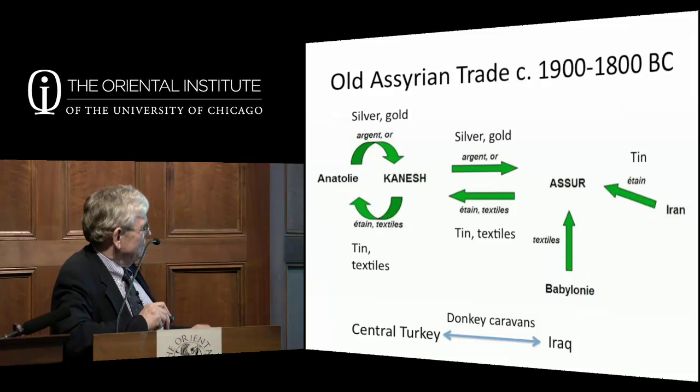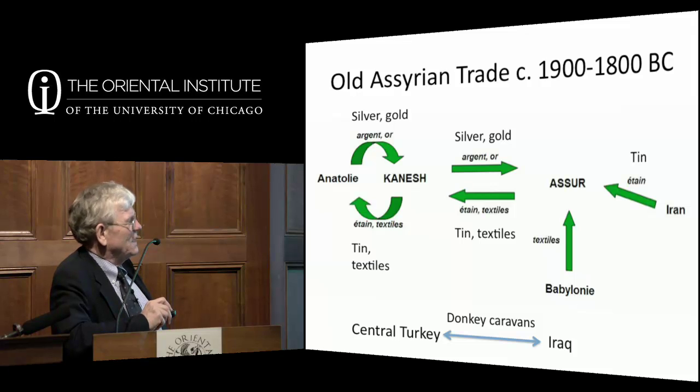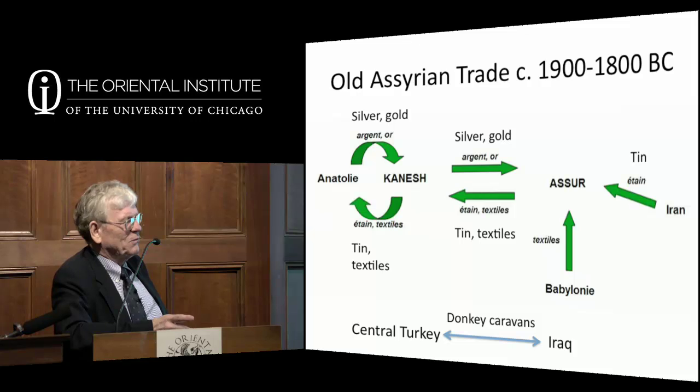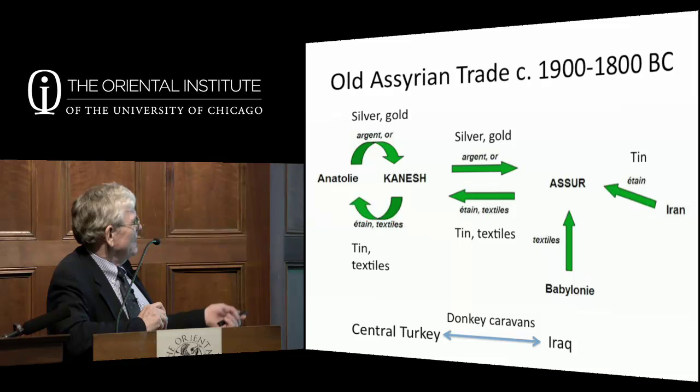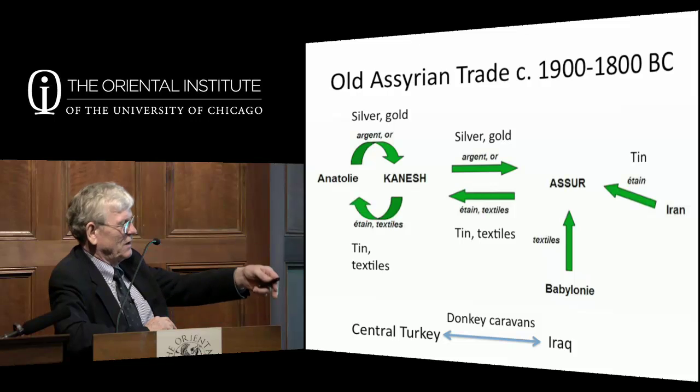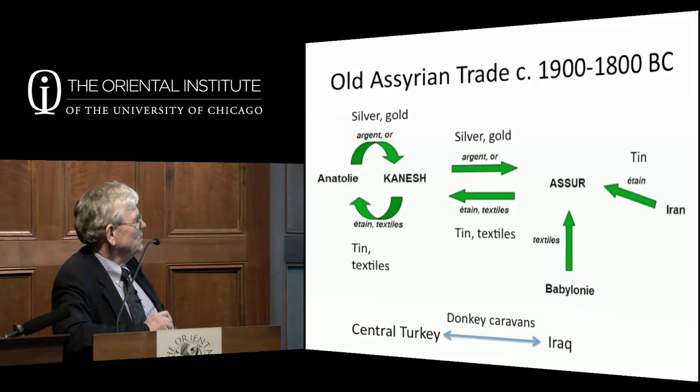Now, donkey caravans. How much can you carry on a donkey? Normally the caravans are 30 or 40 donkeys. And very often the donkeys would be guided by a younger member of the family and 2 or 3 helpers. And they would get up to Kanesh, and in Kanesh, one of the older brothers, or a brother of one of the guys in Ashur, would be the person in charge of selling and buying and making